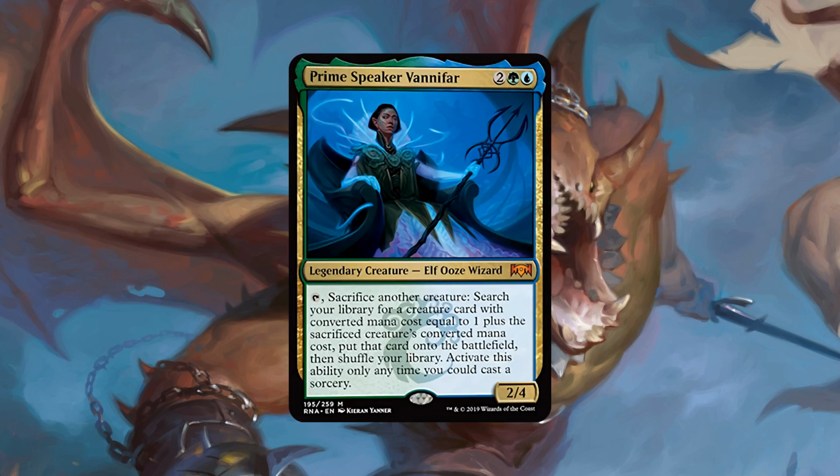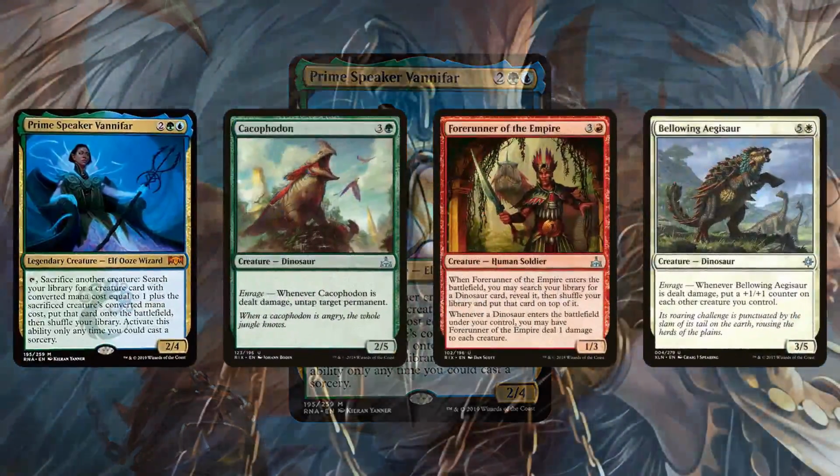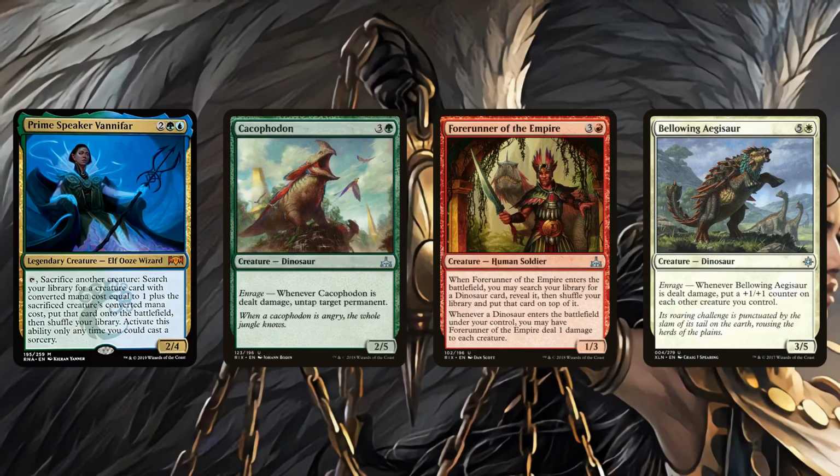Like, that's what got Birthing Pod banned, was being this crazy combo enabler, not just that it was too good as a value piece. So in Standard, there's not any super obvious "I win the game" combo, but the main plan that I found is to untap Prime Speaker Vannifer with Kekafadon, which is a